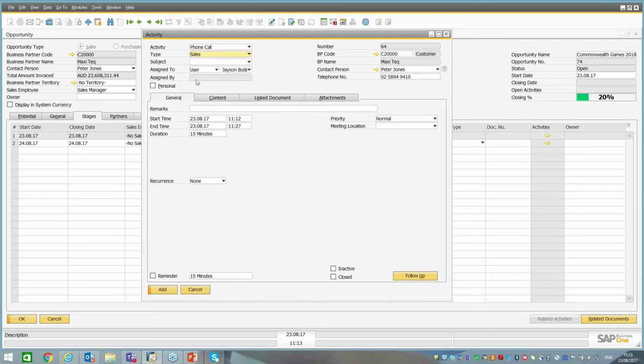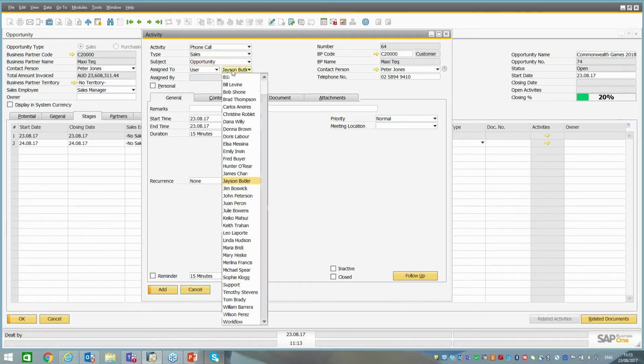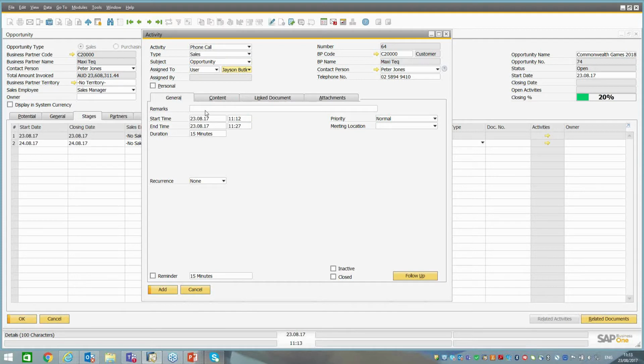And then you have different categories and subcategories of what the activity is about. You can assign this to a different person in the organization if you choose to, and then you put in a remark. So in this case, I'm just doing an initial scoping or discovery meeting. So I'll call it a discovery meeting,